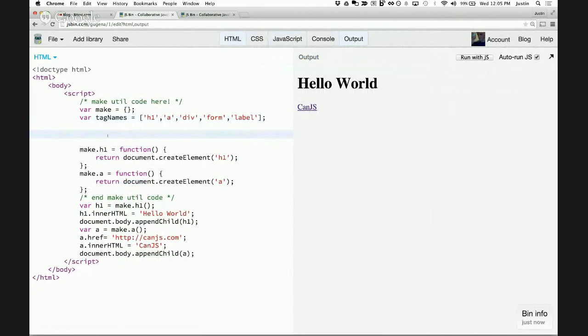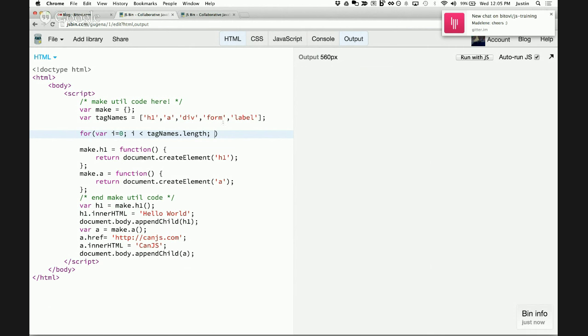So I'm going to do it the lowest common denominator way, using a for loop. i is equal to 0, i is less than tagNames.length, i plus plus, and